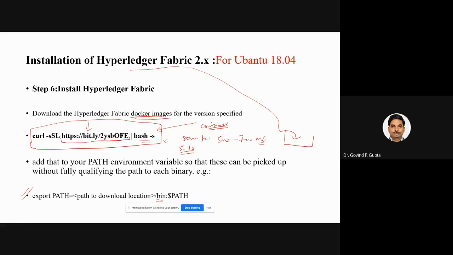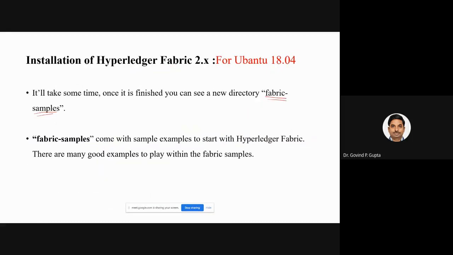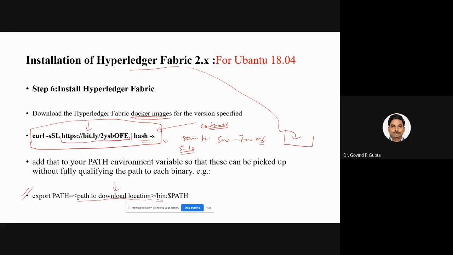So simply export the path where you have downloaded this fabric-samples. Find out the path by using the command pwd at the command prompt where you have installed it. The same path you have to put here, then /bin colon $PATH. This is required, so that all the auxiliary packages which create the runtime environment for the Fabric are automatically taken from the bin.